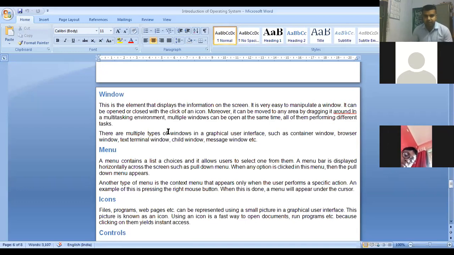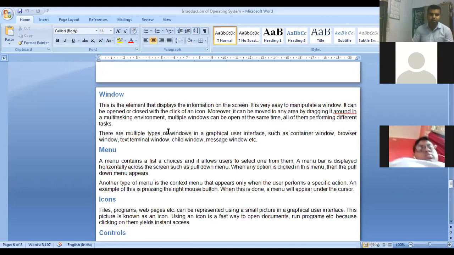Now imagine you are working in Microsoft Office Word, but you don't know where the save button is, where the insert button is, or how to click the picture. If it were the command line interface, you would have to write the command for pasting a picture in Microsoft Word, which is certainly not easy, because you have to find the location of the picture, write the command, copy the picture, and then paste it into Microsoft Word with commands. So certainly those things are not easy.